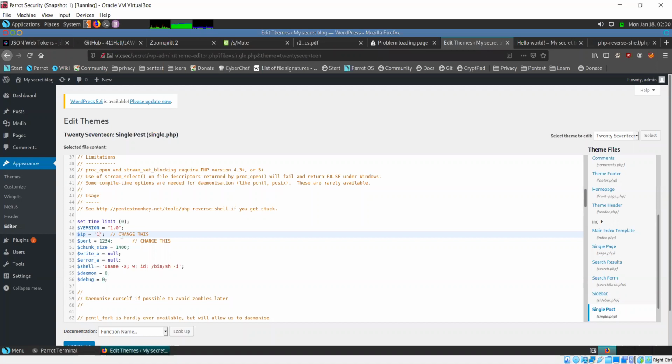So I'll use my IP here, which is 10.0.2.15. So this is the IP for my system. And in your case, of course, it will be different. So you use your IP and port. Now, do I need to change the port, or can I use this?